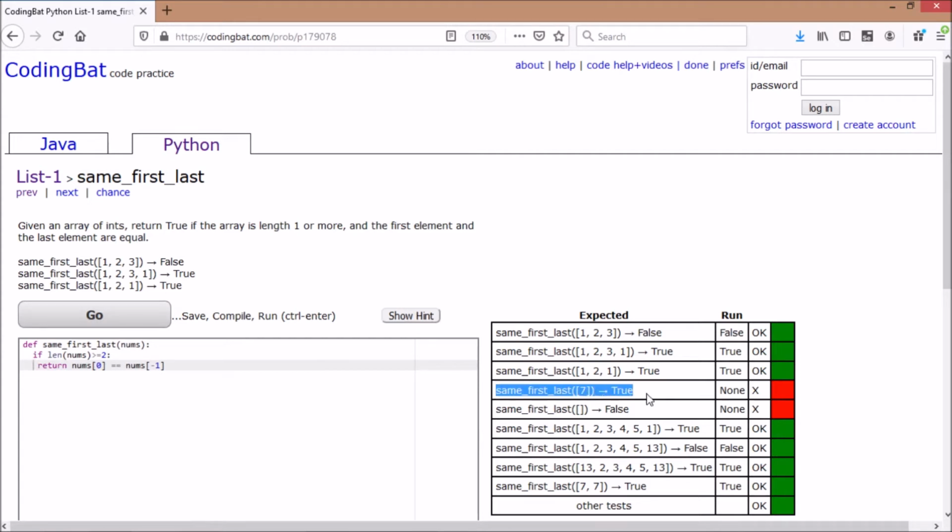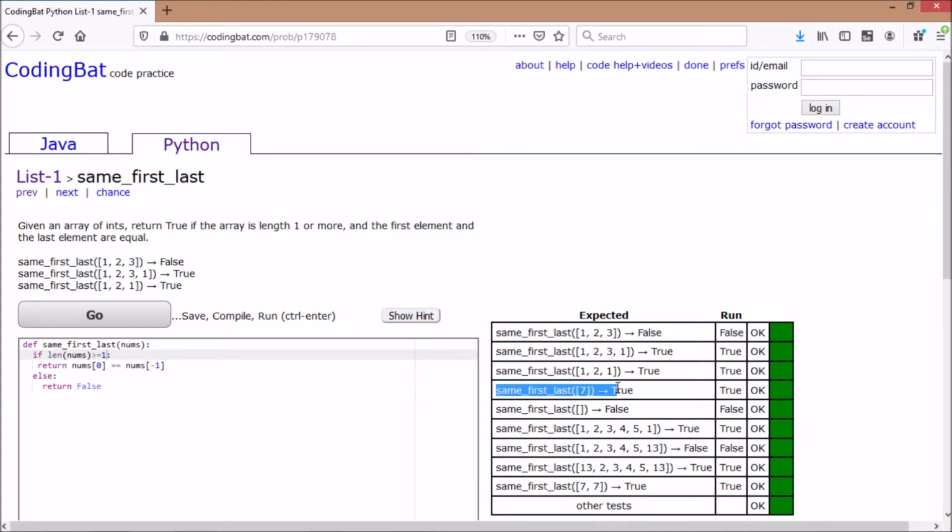Because this is only one element and our query is checking only if the length is greater than 2. In the else we will return false. So if length is 1, then the element from both sides is equal because that's the only one.